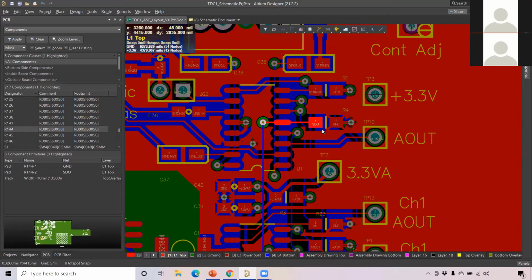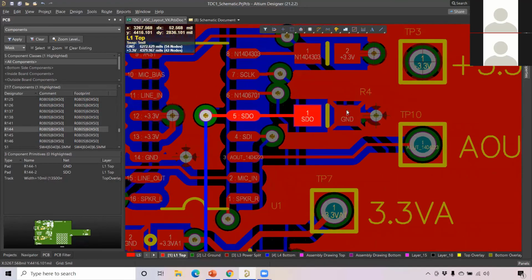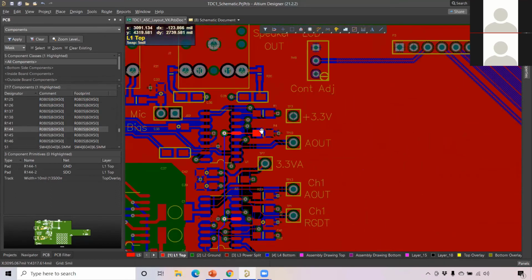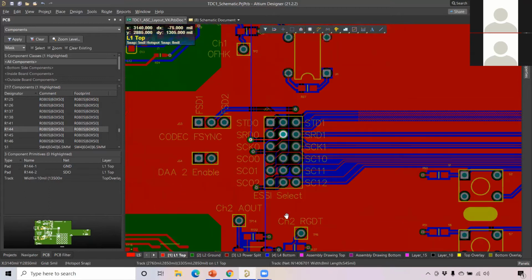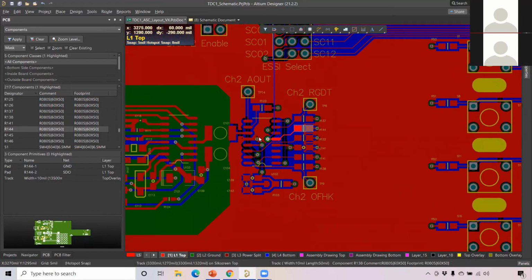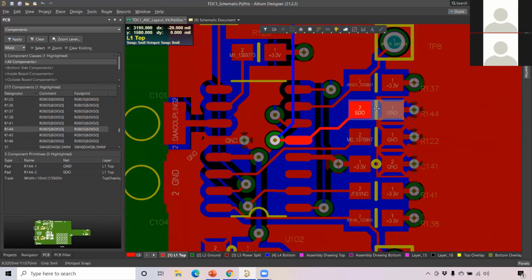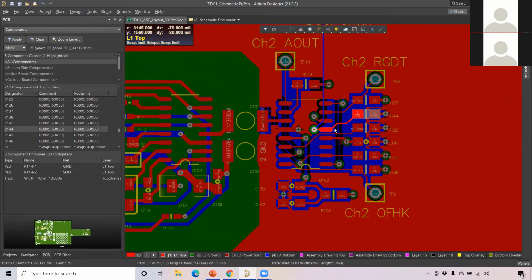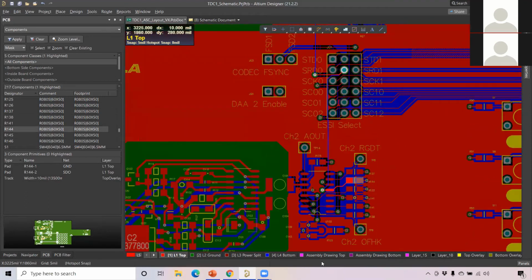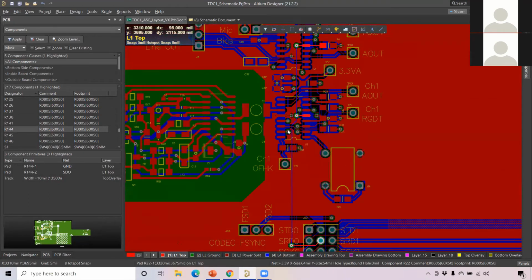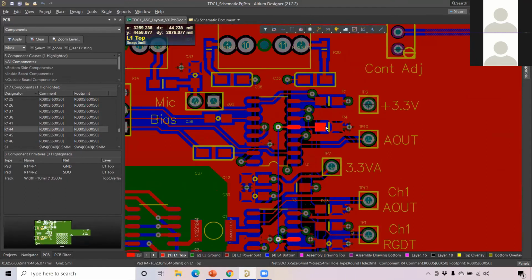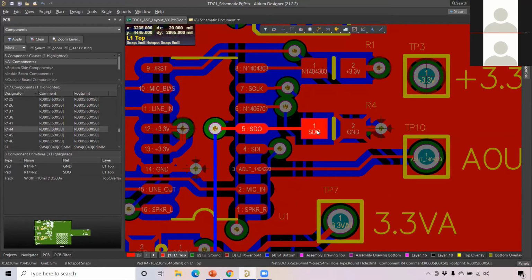So I'm just going to do small changes to get the R144 inside my schematic. Here I can see this R4 is coming through this SD0, but I couldn't see this R144 inside my schematic. So let me do the cross probing to check this R4 first, because the SD0 is directly connected to this R4.